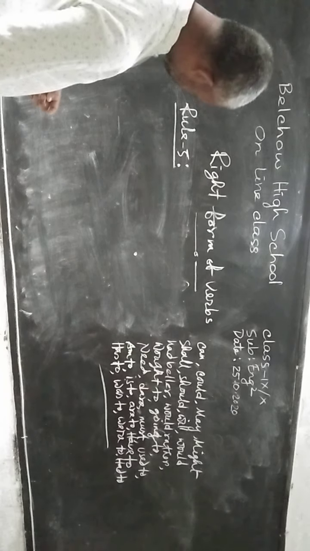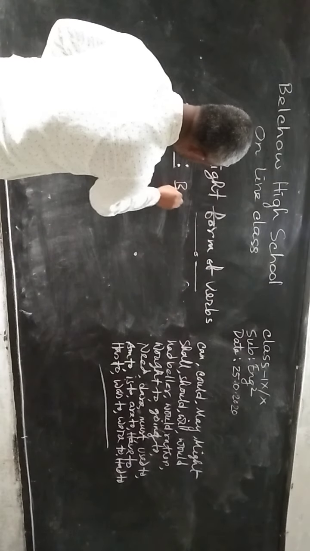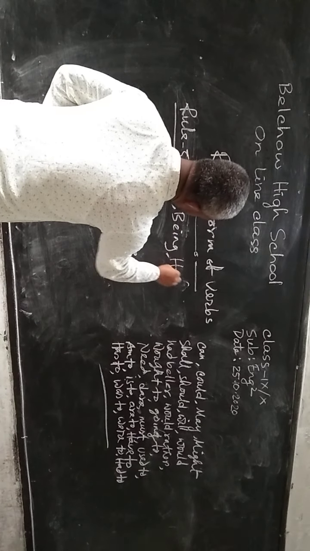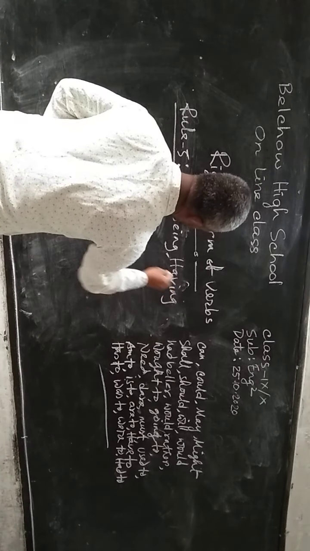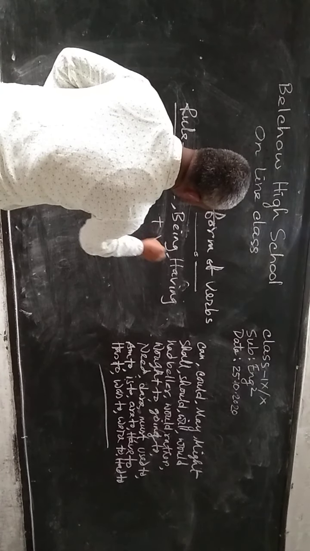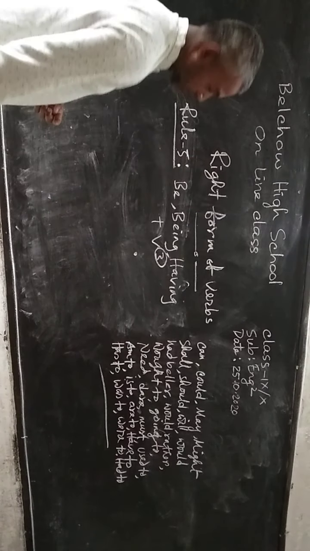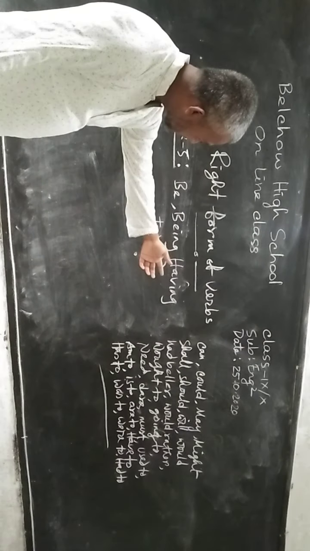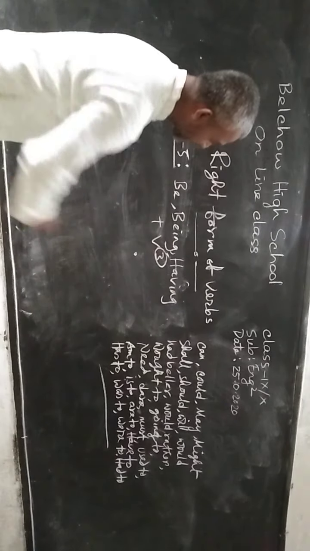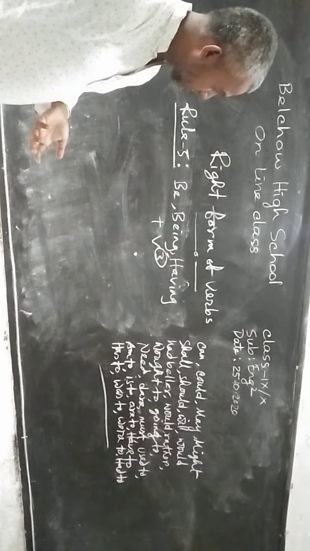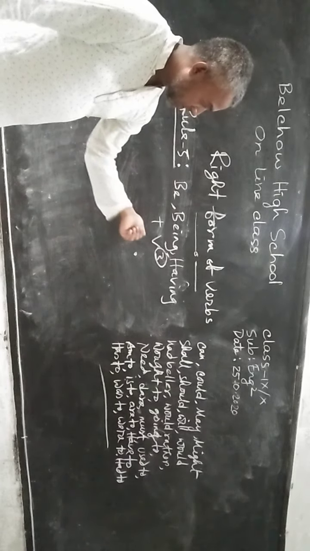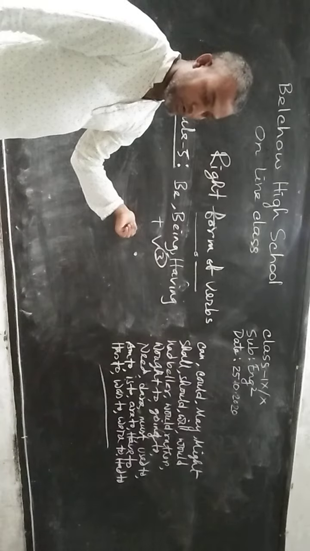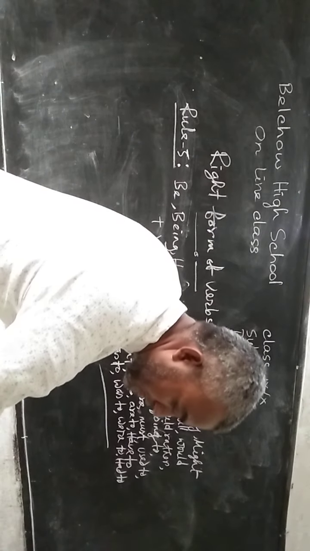Rule 5. Be, being, having plus V3. If we find any of these words, be, being, having, then guess. At that moment we have to use V3, that means the past participle form of a verb, such as: